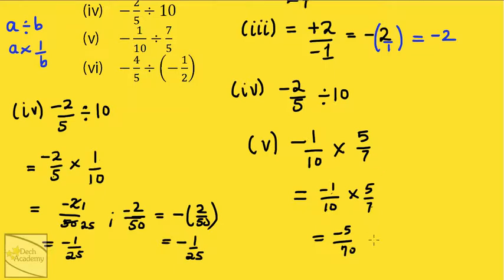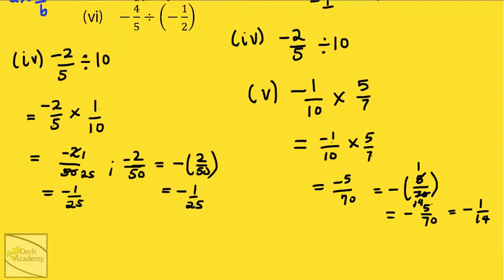I can then rewrite this as minus 5 over 70. The result can be simplified further because 5 in 5 is 1 and 5 in 70 is, well, 5 in 7 is 1, remainder 2, 5 in 20 is 4. So the answer, in the simplest form, is minus 1 over 14. Now part 6